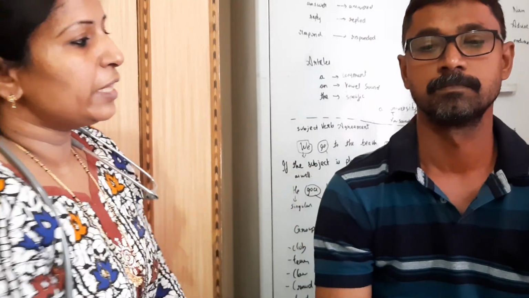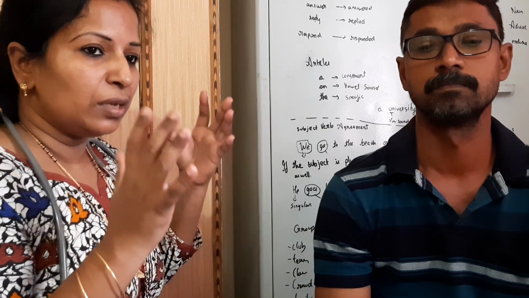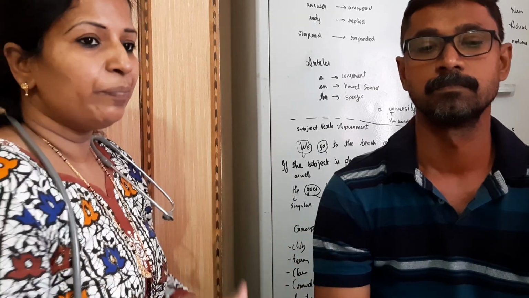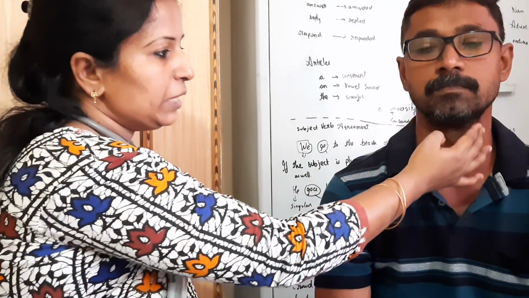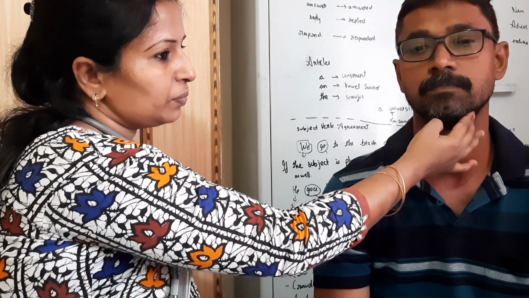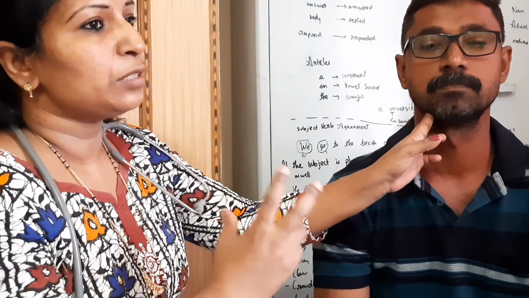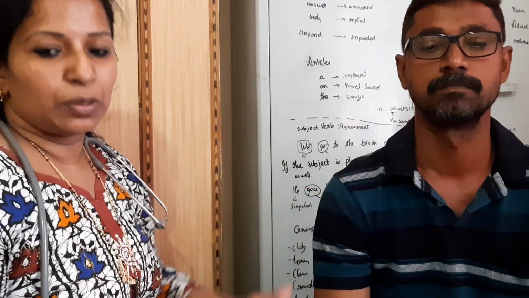Then you have to check the carotid pulse. For the carotid pulse, you should not palpate both arteries at the same time bilaterally. You have to palpate unilaterally. You see the carotid pulse on one side, and then on the next side. So you should not palpate the carotid pulse on both sides together.